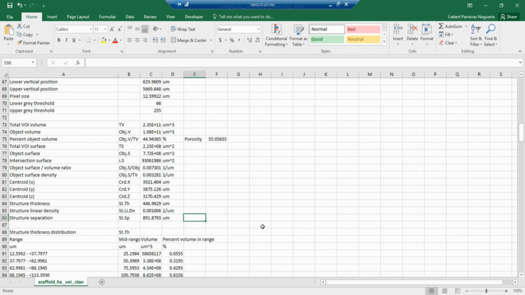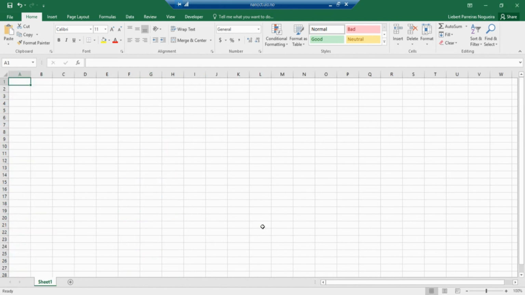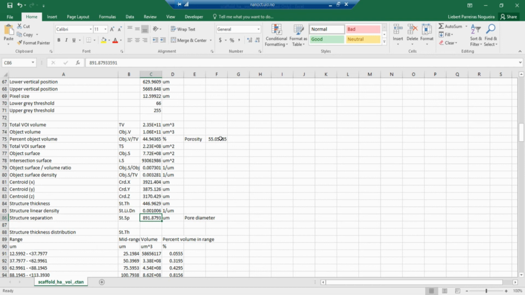So here I can also identify it as pore diameter, for example, and that would be this value here, the same value. So these are the important parameters for us,